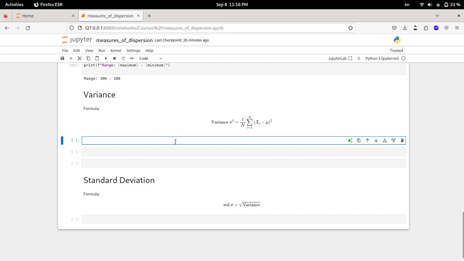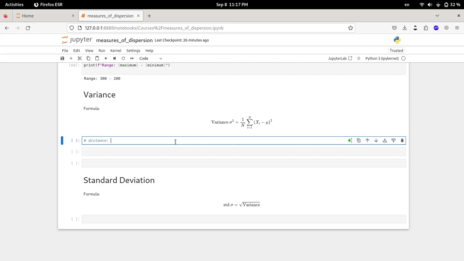So if we actually realize the variance, this will be the square of that distance. So variance is actually a distance,